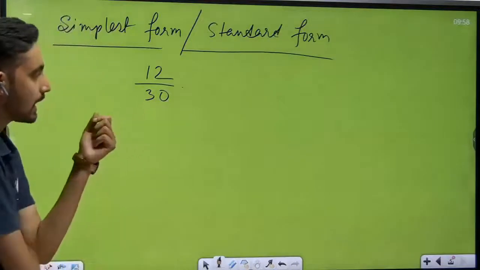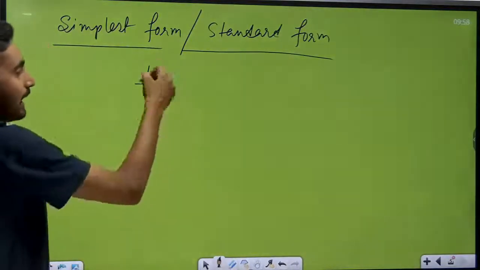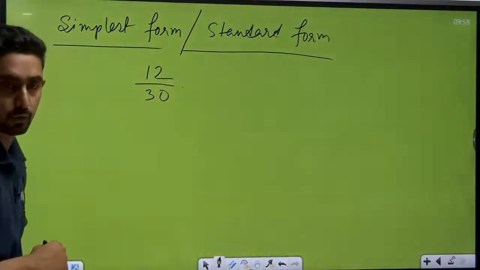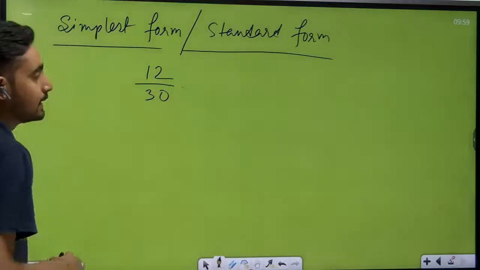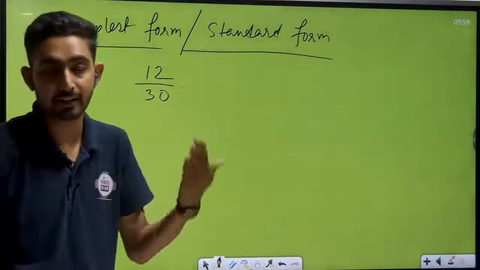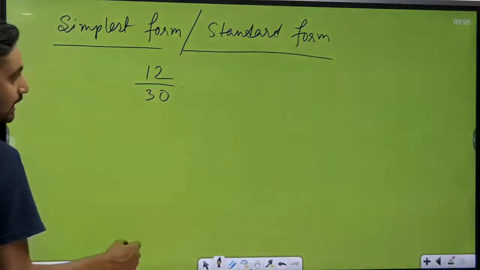We can say 2. 2 is the common factor. Yes or no? After that, can 3 be one? Yes, 3 can be obviously. 3 times 4 is 12 and 3 times 10 is 30. Is 4 a common factor? No, 4 is not a common factor. So whatever your common factors are, with the help of those common factors you will divide this number. How? Like this. Otherwise you can cancel them also.